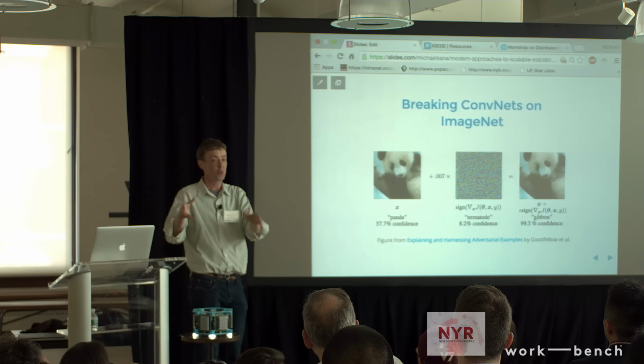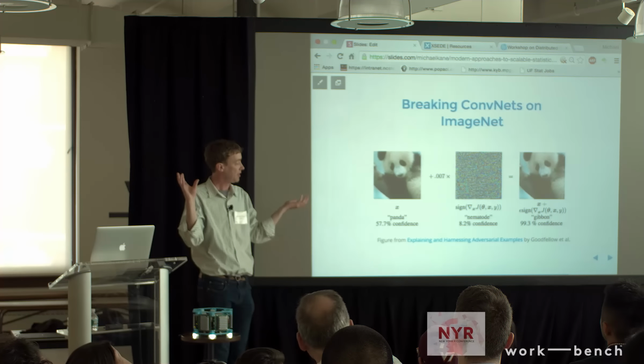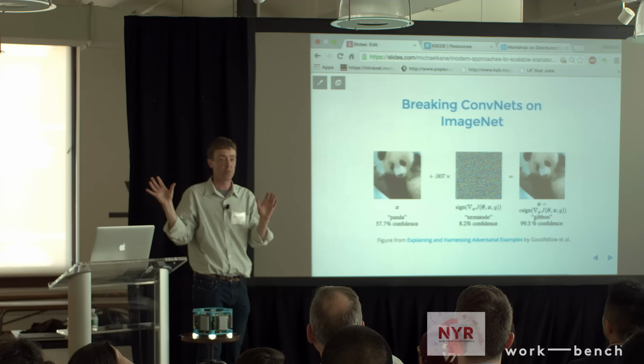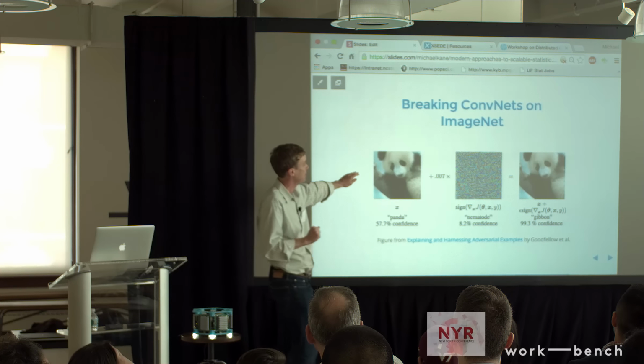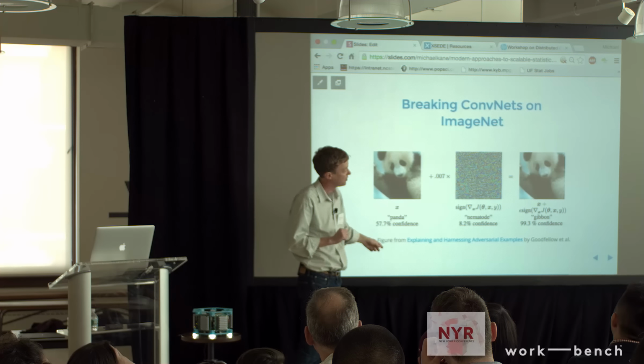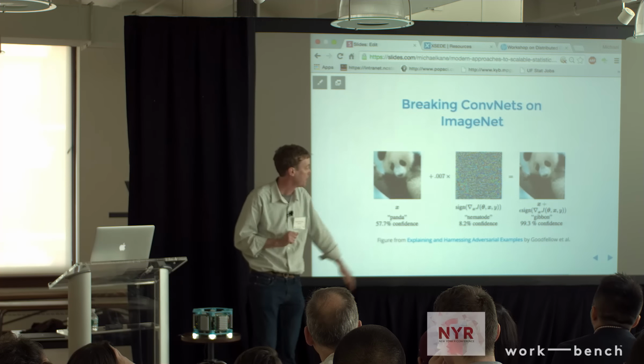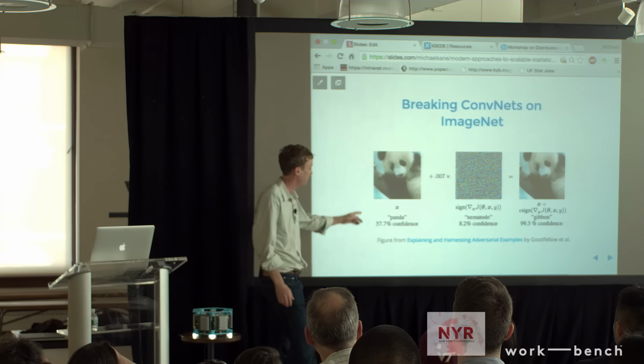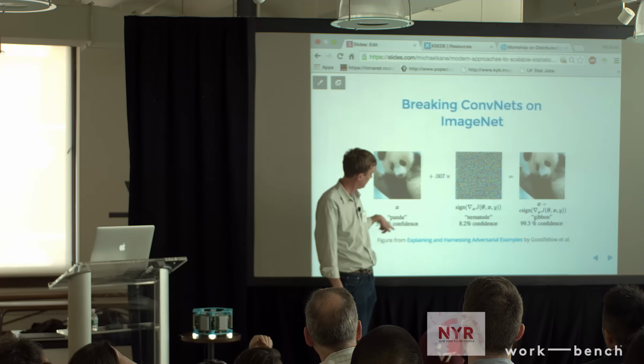There's this new twist on them, and they found ways to make them fail in new and spectacular ways. One example is a paper, actually a website and a paper, by Goodfellow, where he takes a picture of a panda, and the neural network